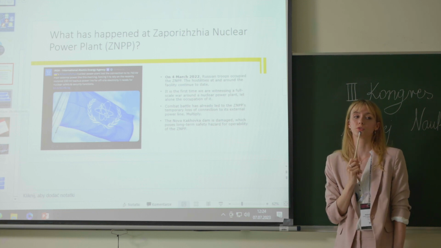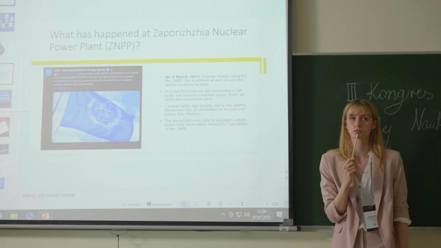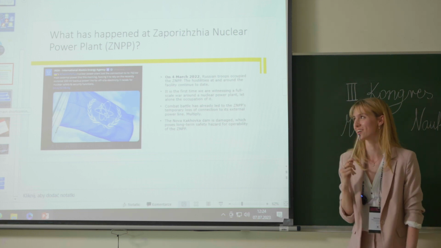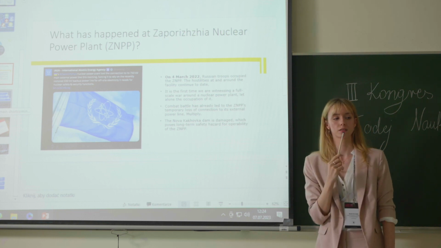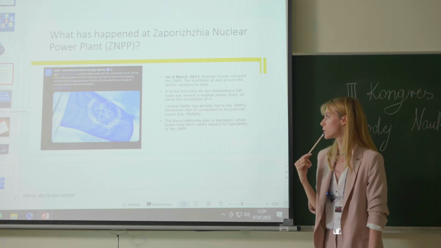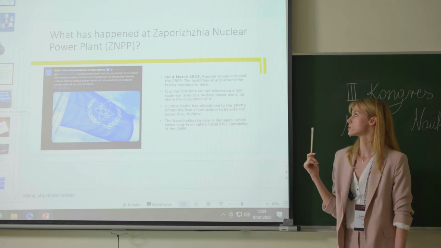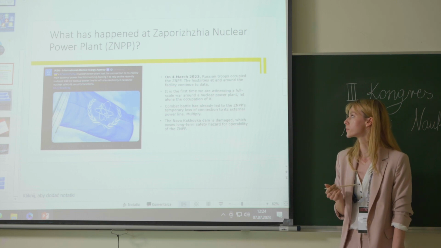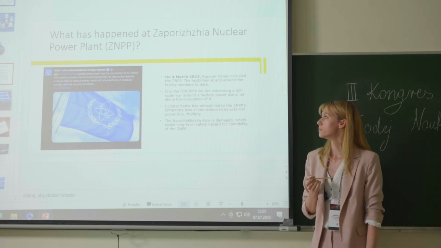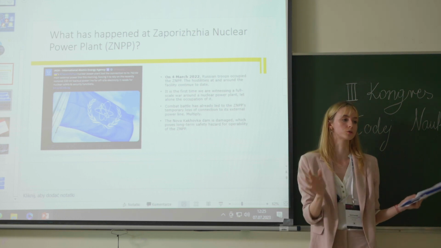So what's happening in Zaporizhia? Well, the easy answer is too much for it to bear, honestly. It is quite unexpected. It is quite unprecedented due to several reasons. First of all, it was occupied by the state army in March 2022. And it is not the first time when we generally see hostilities going on around nuclear power plants.